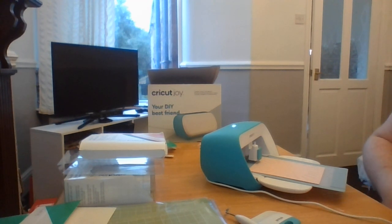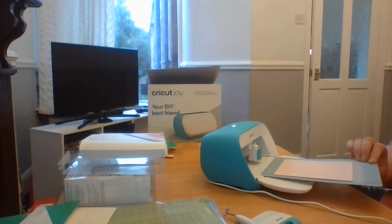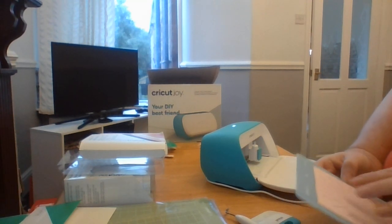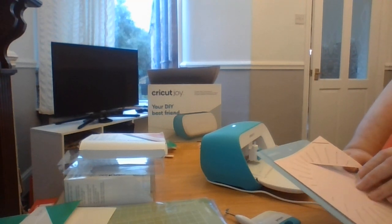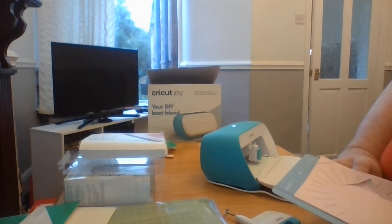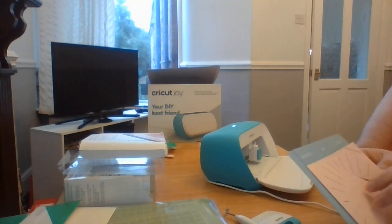Okay, so now it's actually popped up with a message on the app saying unload material, and I'm just going to click unload and then watch as it releases the mat. Okay, so now for the bit where you have to be a bit careful. I'm just literally carefully sliding this off of